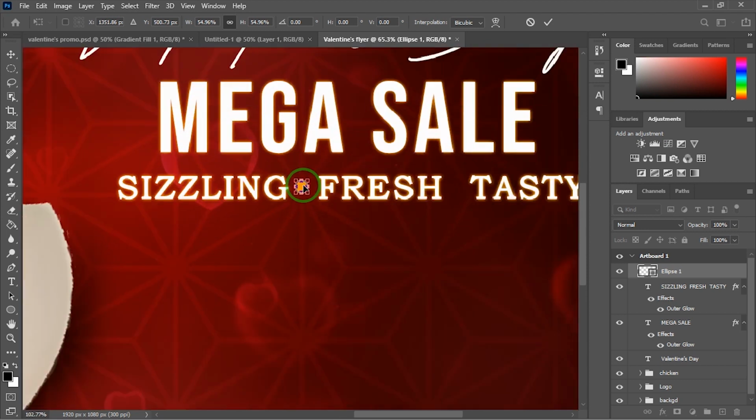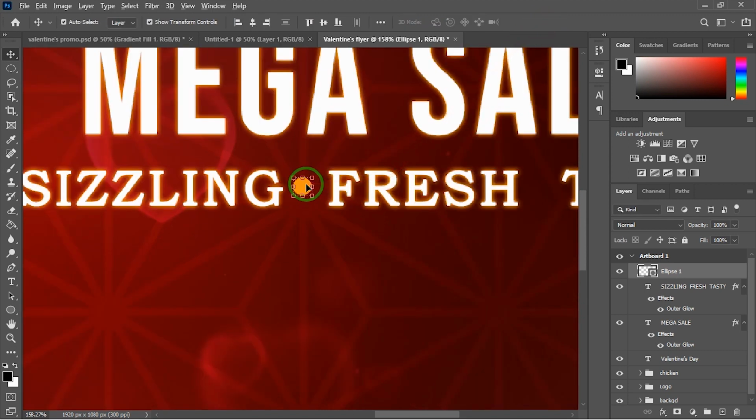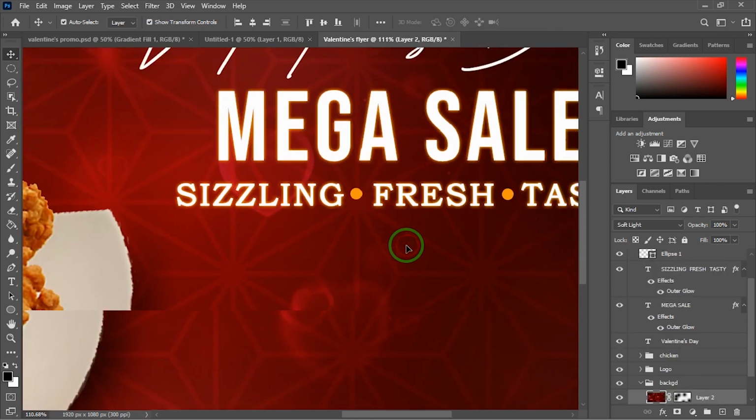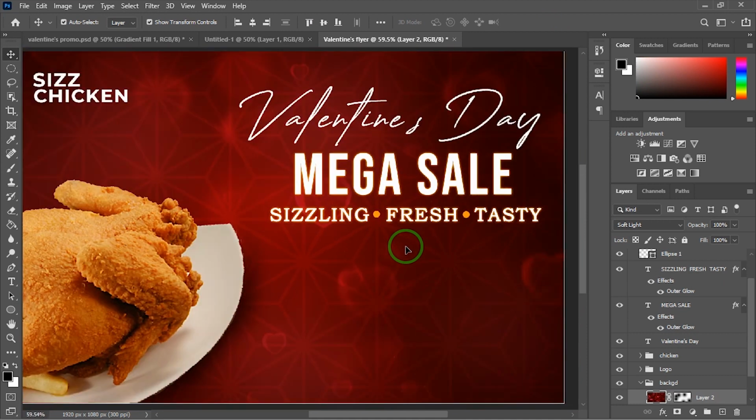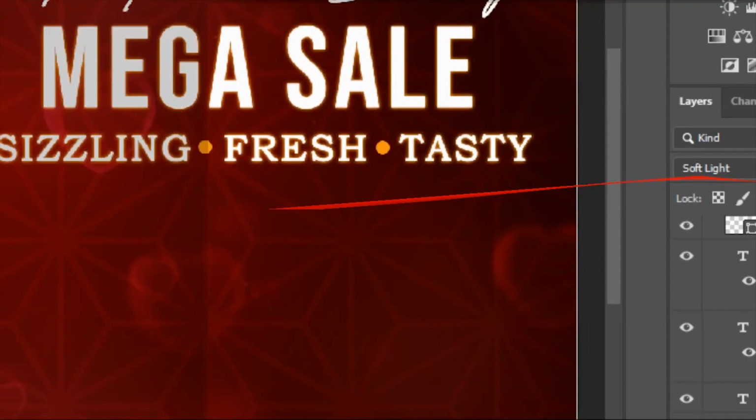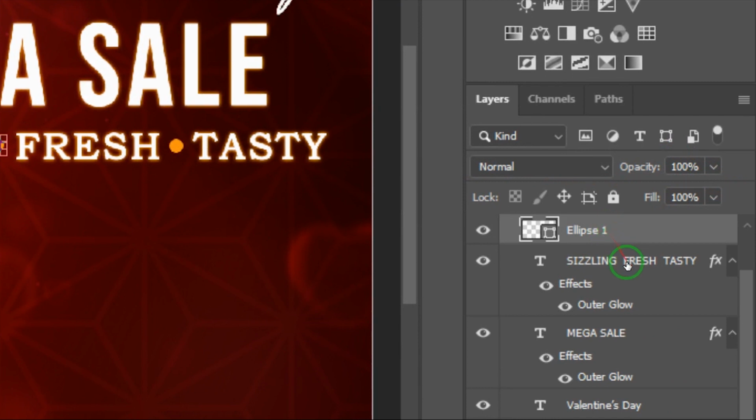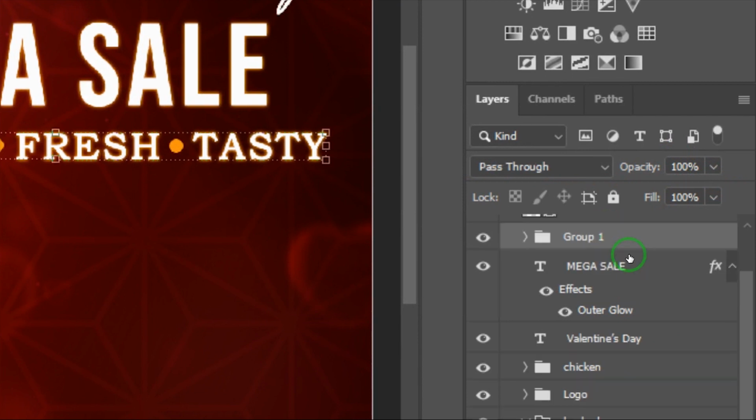Then I hold my Alt key, then duplicate it, something like this. All right, so this is cool. So I'm just going to select, I'm just going to group this layer. So I'm going to select this one and group them as ellipse. All right. Or should I say sizzling. Okay, so